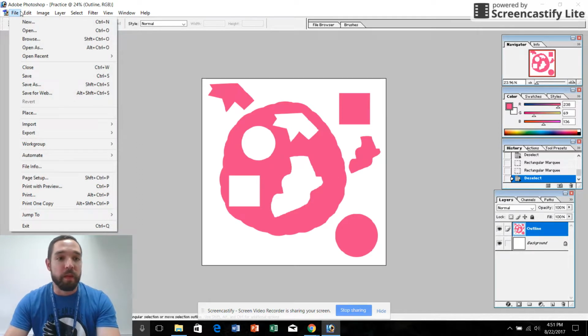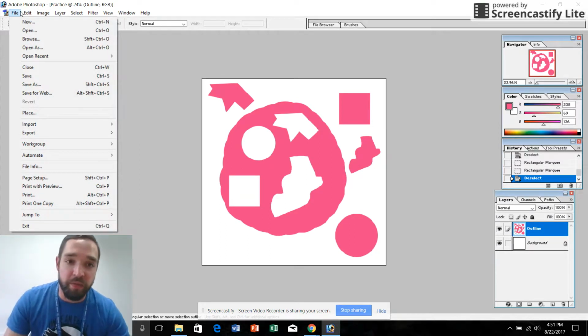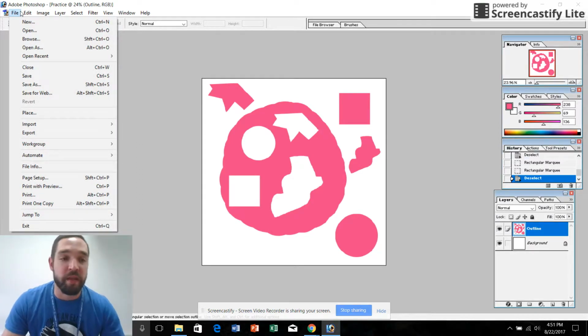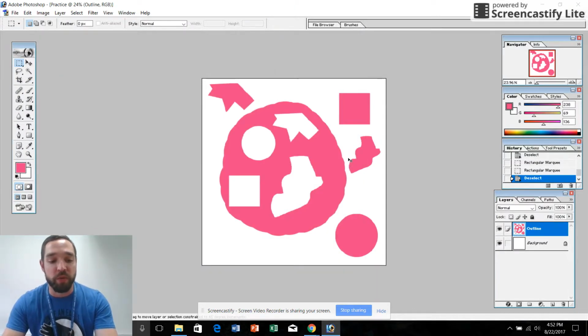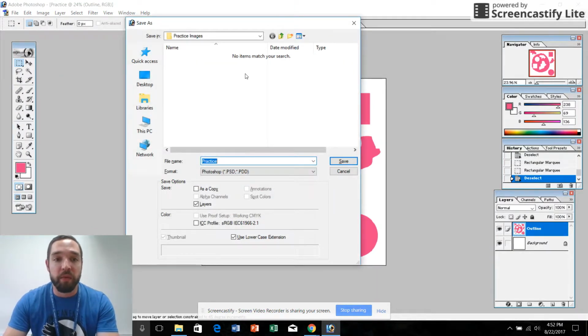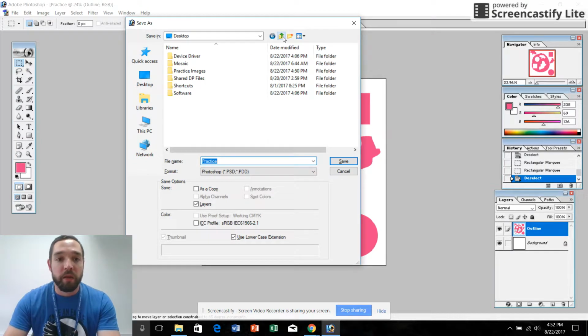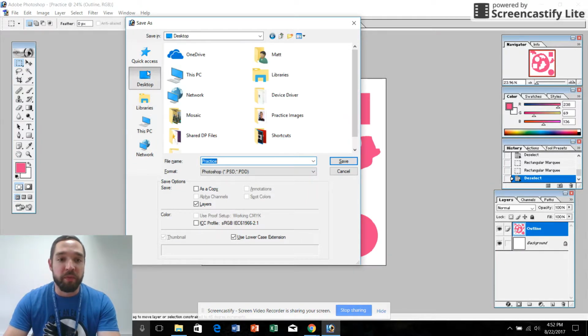So unlike last year when we were able to save things directly to OneDrive and all that stuff, we can't really do it here. So what I want you to do is go to File, then go to Save As, or you can just press Control-Shift-S, and it will do the same thing. On your desktop of your computer,